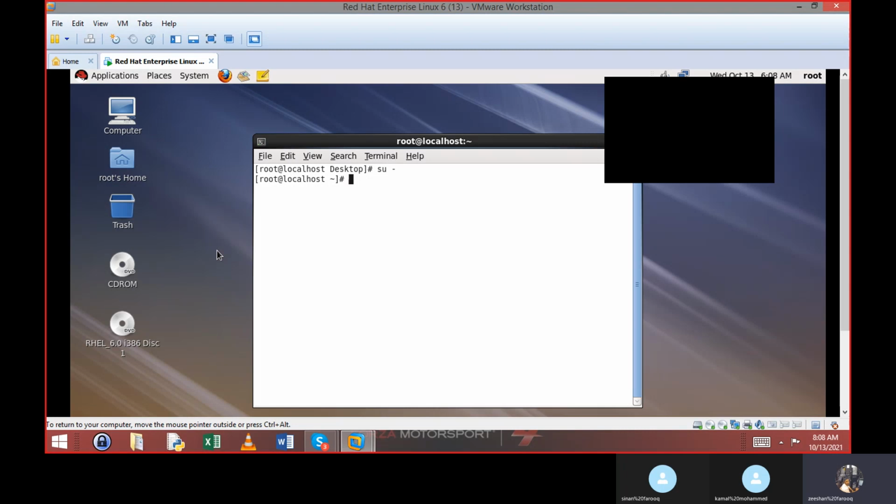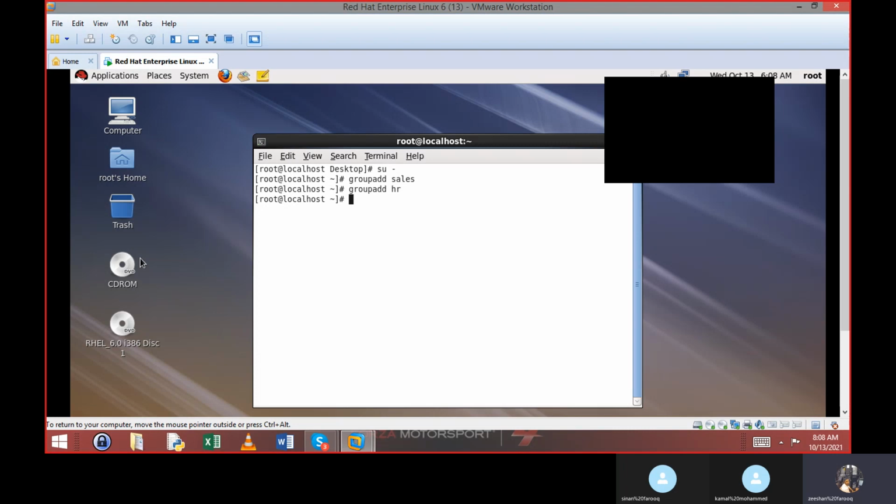So now I'm trying to create a group with groupadd. What I'm adding now, for example, is the sales department. groupadd sales. Again, I'm adding one more group, groupadd HR.